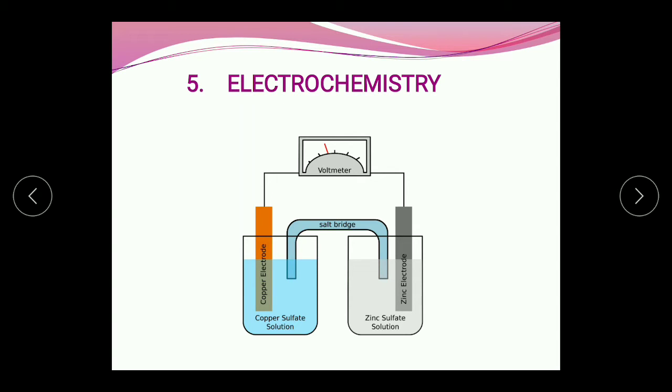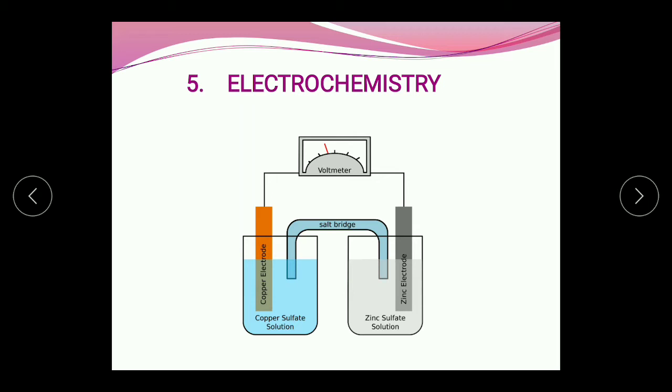Then what about anodic potential? So the standard oxidation potential of any electrode is numerically equal to its standard reduction potential, but with the reversal of sign. That means we just have to reverse the sign, the value remains the same. Hence, in the given equation, instead of E0 oxidation at anode, if we write minus E0 reduction of anode, then also it is okay.